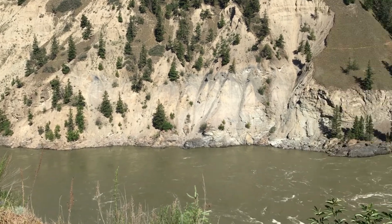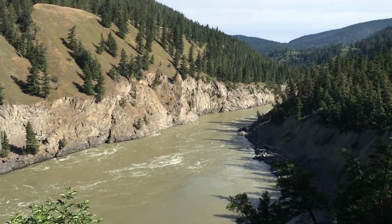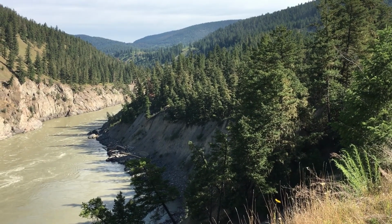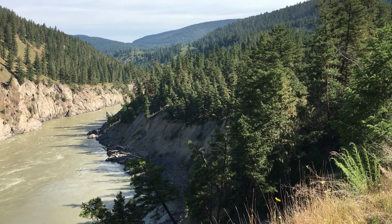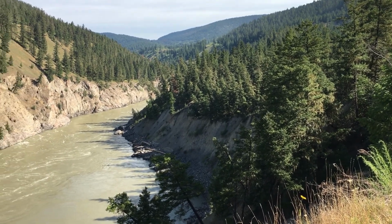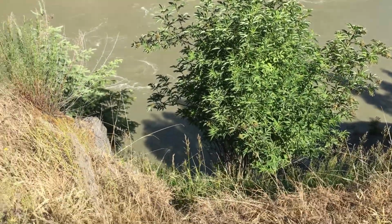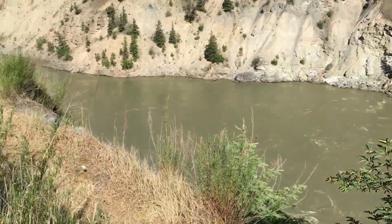Here we are on our first leg of the journey. Had to do a bit of a detour around the washout on Highway 20, so we're just around Soda Creek, just north of Williams Lake, on the back road, on the first little lookout of the Fraser River here. Pretty amazing. It's straight down. There it is. There's the river,